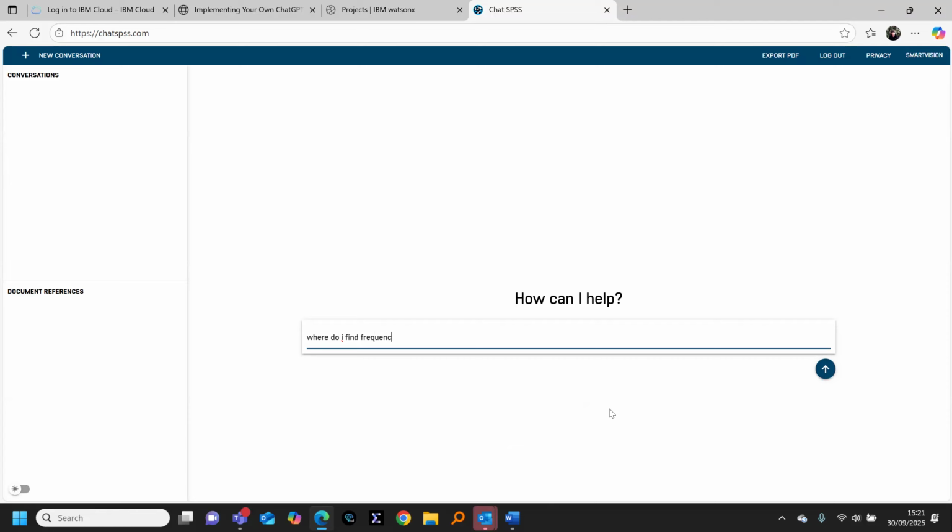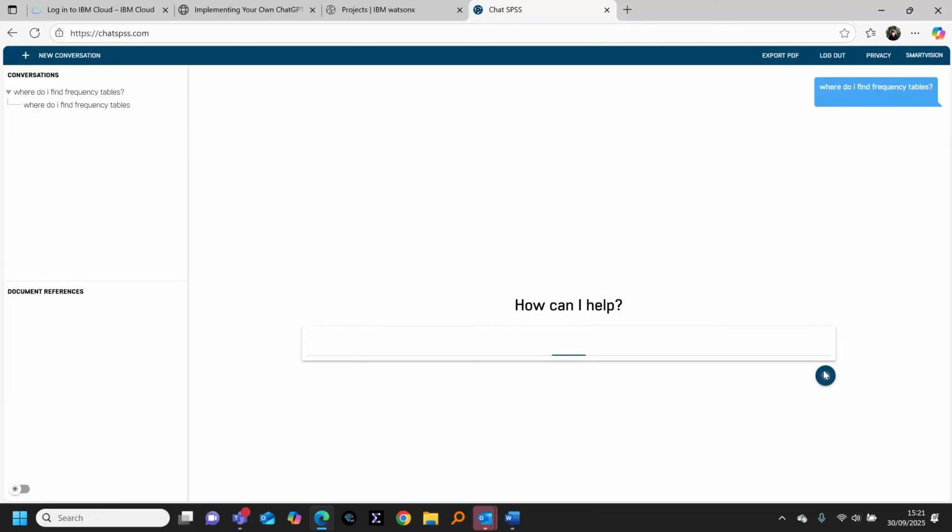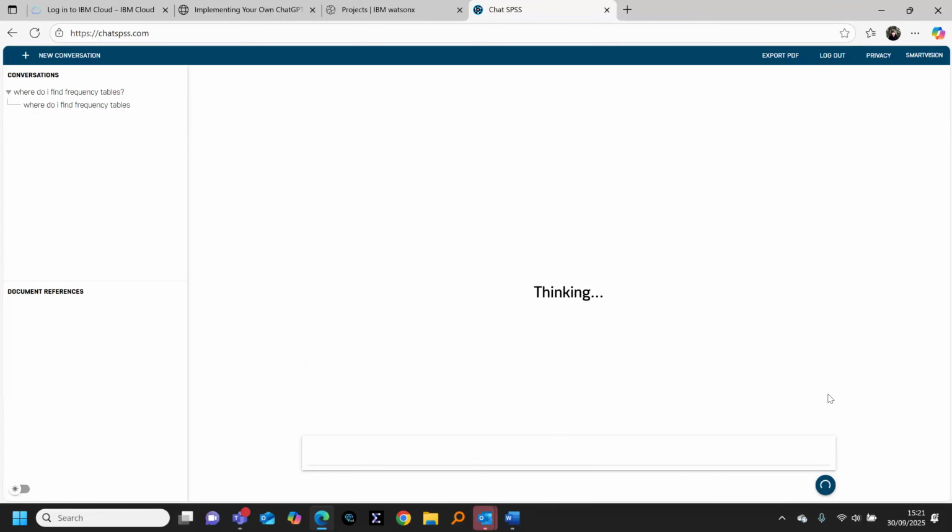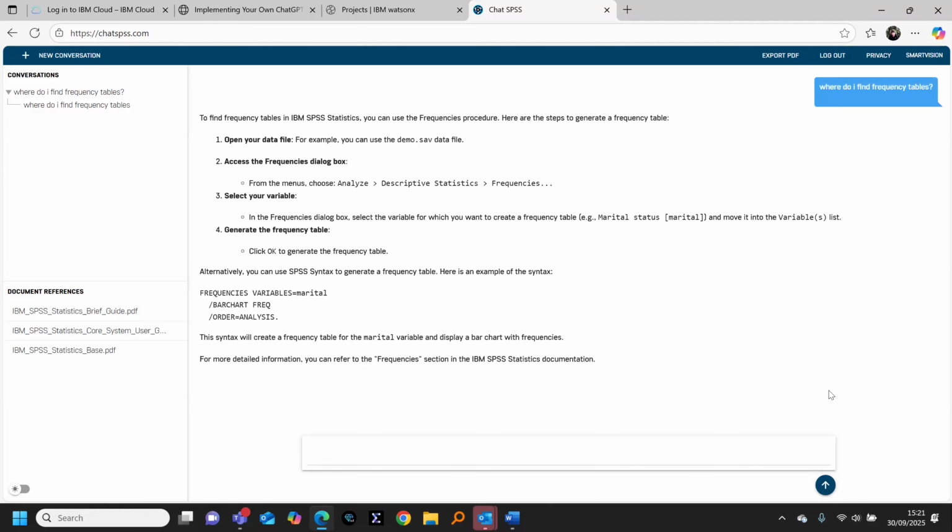frequencies, or frequency tables? Really simple question like that. And it goes off and thinks about it, just as you would expect with a chatbot. The retriever's gone to the database, and it said, to find the frequency tables in IBM SPSS Statistics, you can use the frequencies procedure.